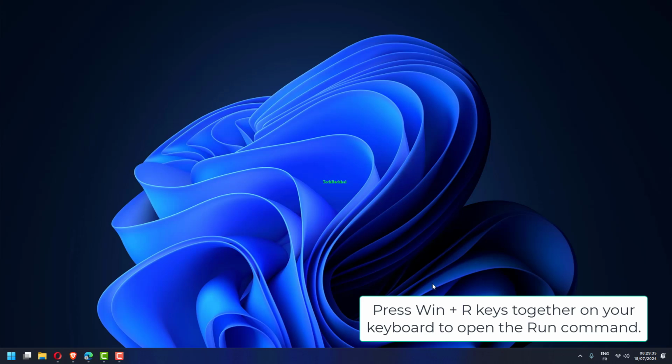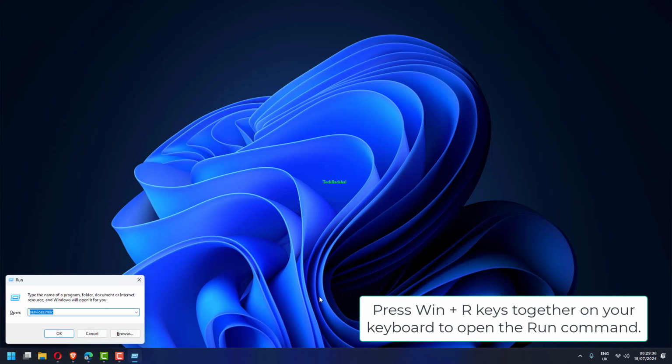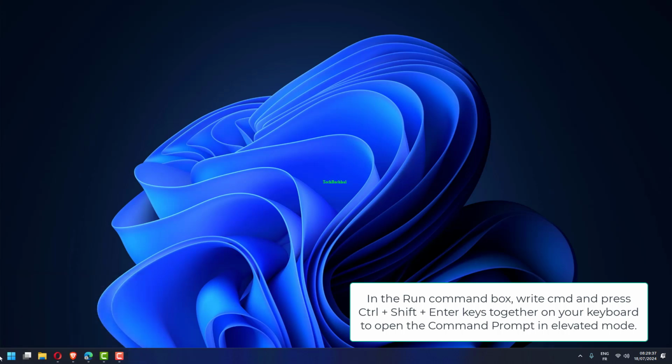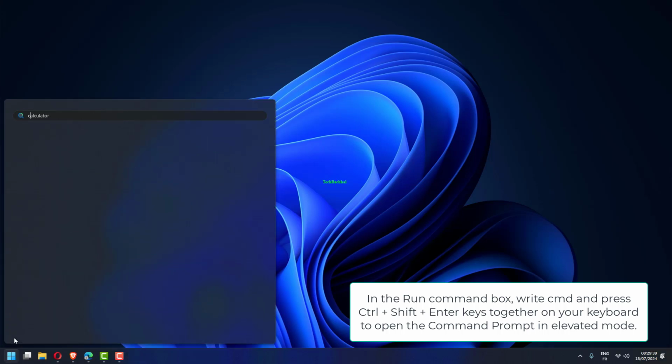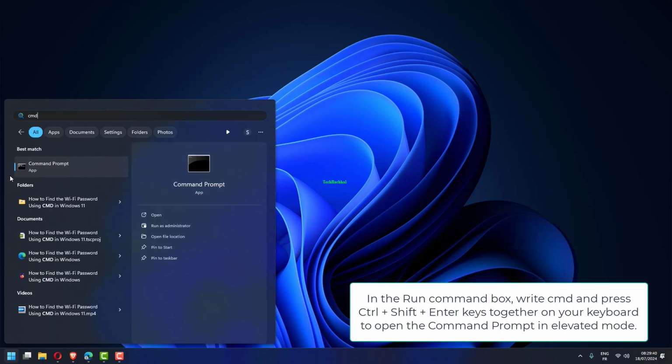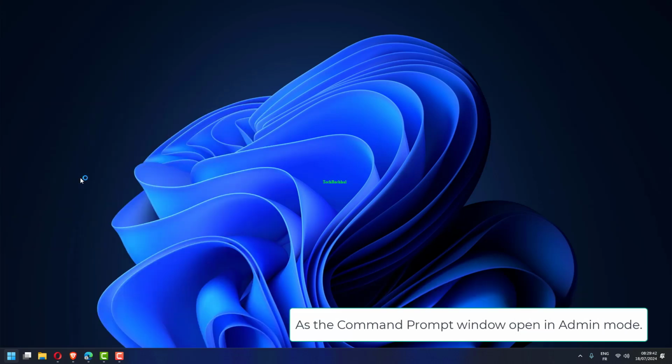Press Win plus R keys together on your keyboard to open the Run command. In the Run command box, write CMD and press Ctrl plus Shift plus Enter keys together on your keyboard to open the command prompt in elevated mode. As the command prompt window opens in admin mode,